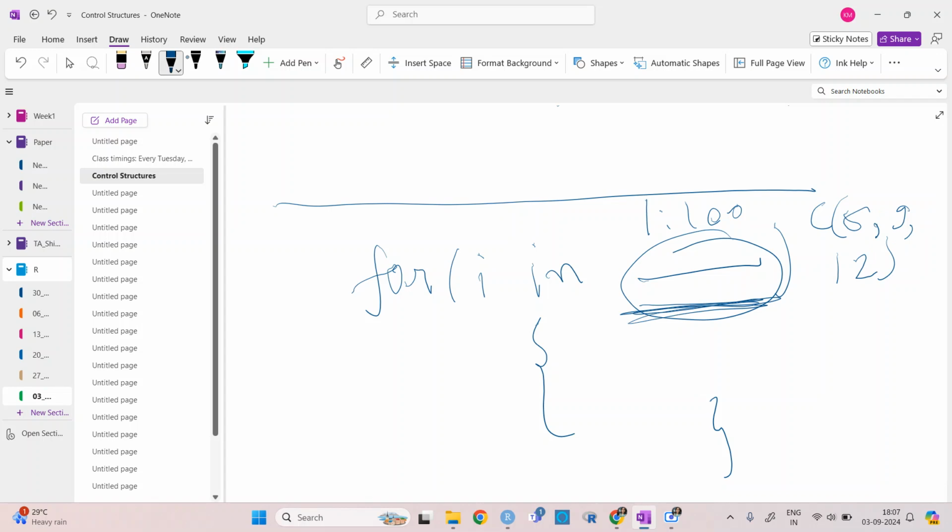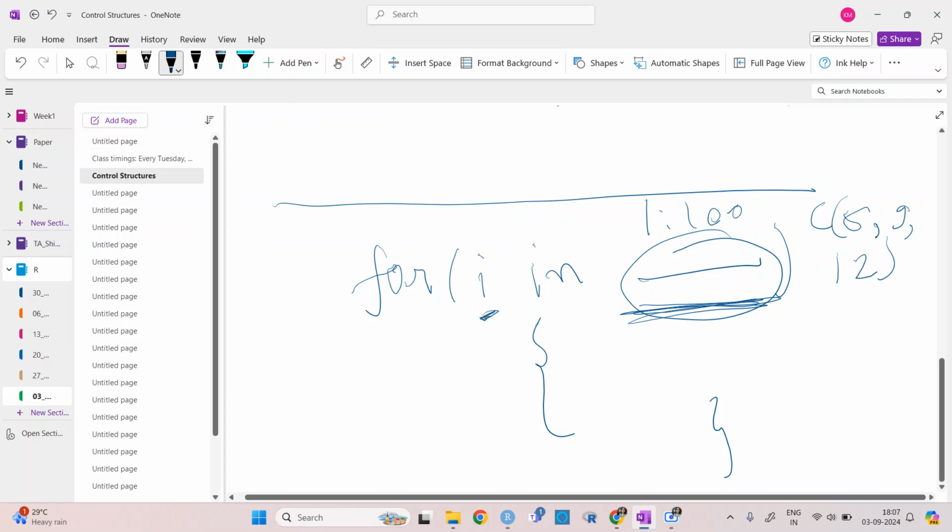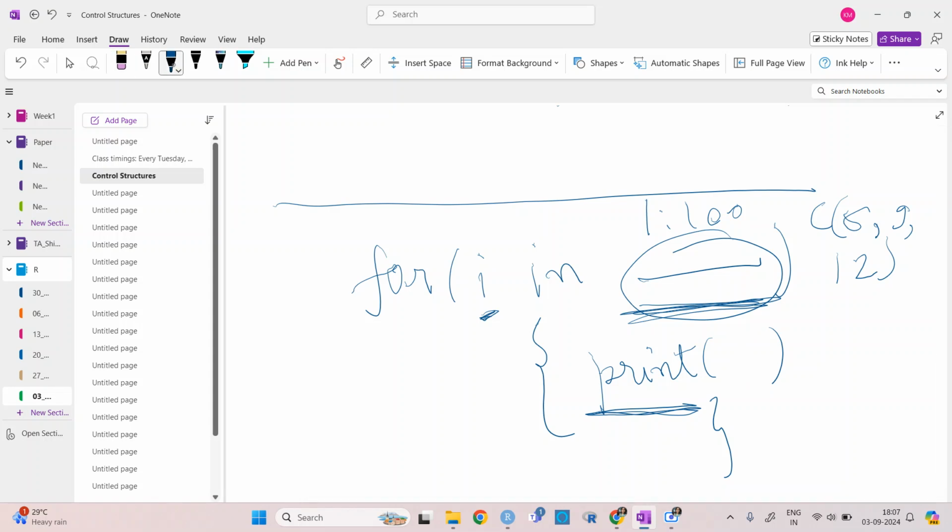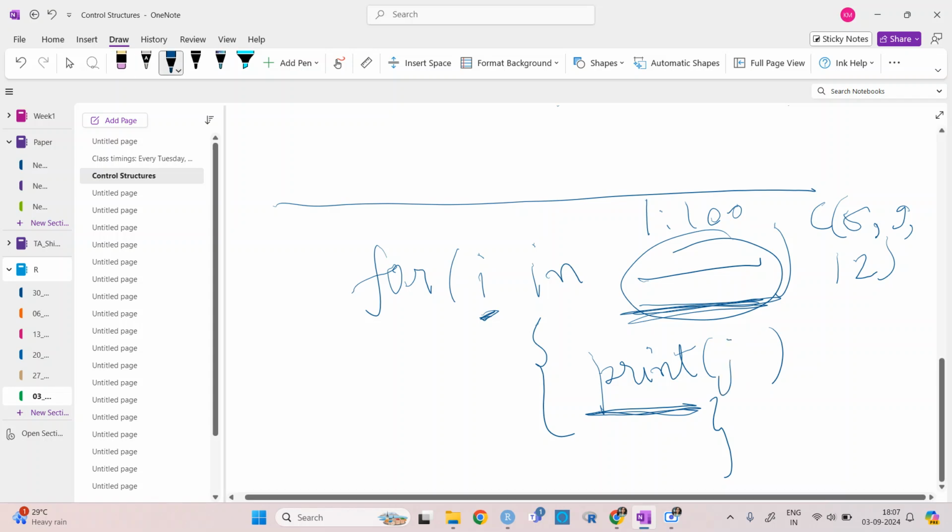Here there will be either some function of i or some constant. So it will be, let's say, print(i), or it can be print(1), but it should not be print(j).